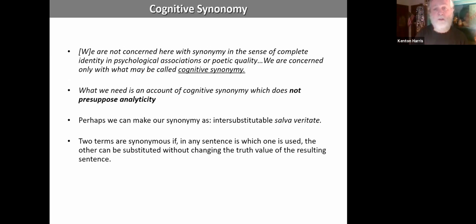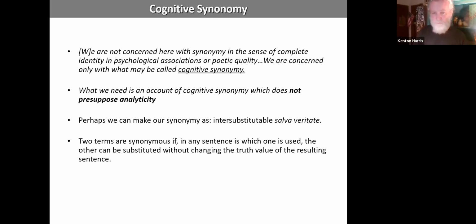We are not concerned here with synonymy in the sense of a complete identity of psychological associations or poetic quality. We are concerned only with what may be called cognitive synonymy. But what we need is an account of cognitive synonymy which does not presuppose analyticity. Perhaps we can make our synonymy intersubstitutability salve veritate. Two terms are synonymous if in any sentence